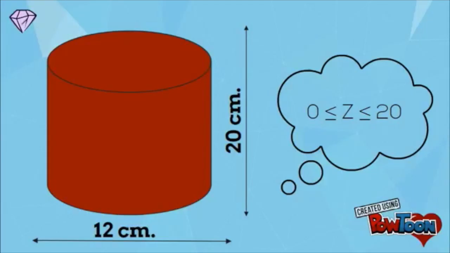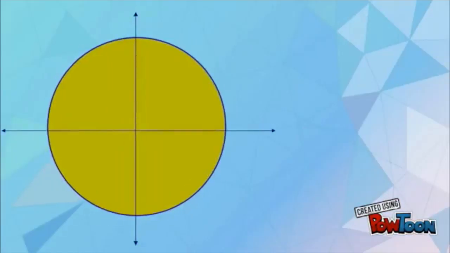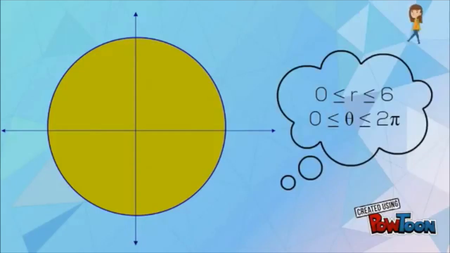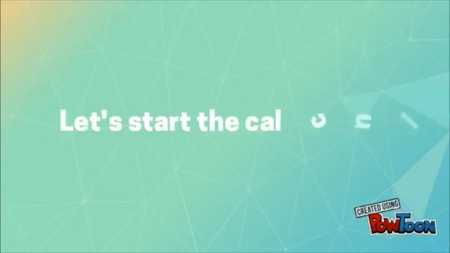and when we draw a cylinder in 3 dimensions, we can see that the plane Z is at least 0, but no more than 20 centimeters. Then we project to the XY plane, and we can see that R is at least 0, but no more than 6 centimeters, and theta is no less than 0, and at most 2 pi. After we know all the values of Z, R, and theta, now we can use this to find the volume